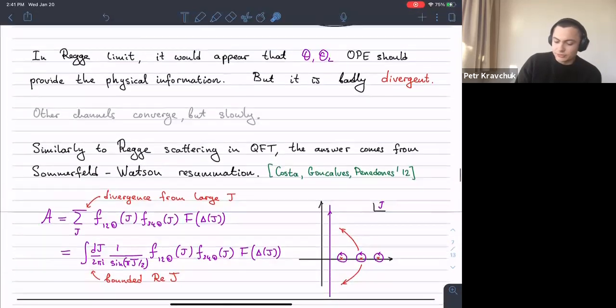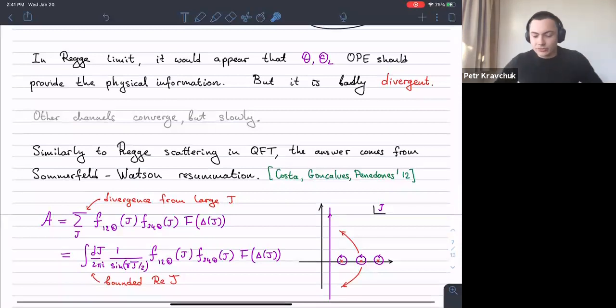So similarly to Regge scattering S-matrix theory, one can find the answer using Sommerfeld-Watson resummation tricks, but I'm not going to describe this in a lot of detail. This is just to motivate the idea that you need to analytically continue our OPE data, our structure constants and anomalous dimensions, in spin. And just to explain why this happens, in case you're not familiar with